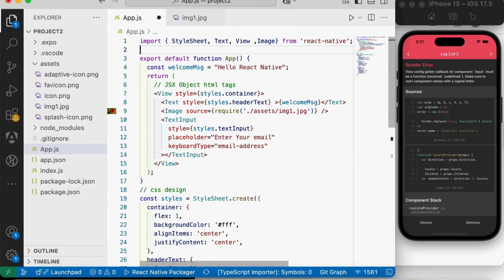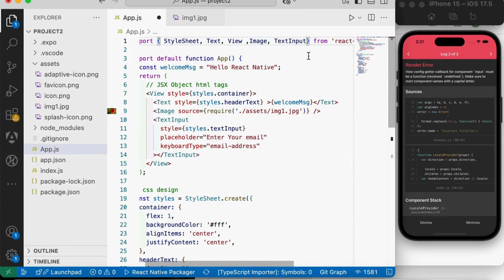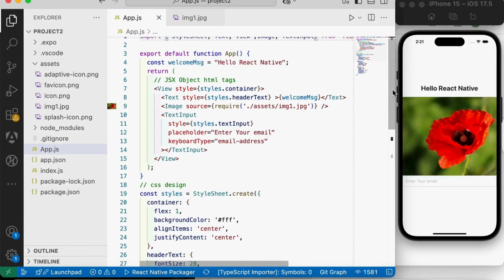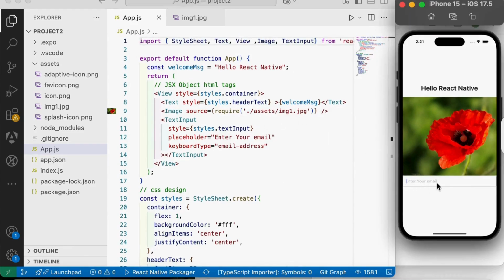I will check now. So this is React Native Web. I will implement it from here, which is from TextInput from React Native. If I save, I got my text input in here, having the full width with the email, let's say here